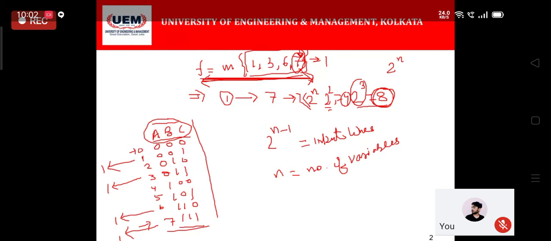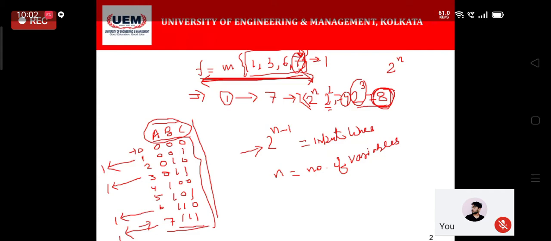Obviously, it can be 4 variables A, B, C, D. We can also accommodate 16 possible minterms, but we will stick to the minimum number of variables that can be used to accommodate all the minterms provided in our function. Okay, that's why we came to this particular 8 value, and we have written those 8 rows of the truth table.